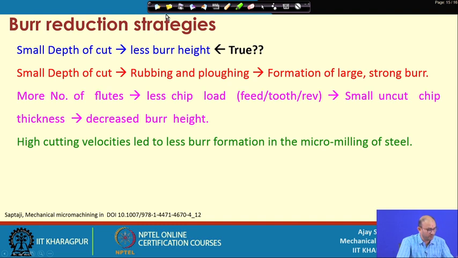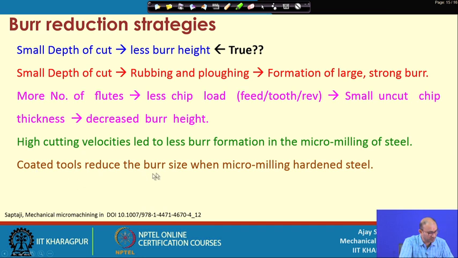Now, what is the advantage if you increase the cutting velocity? If your cutting tool diameter is the same, then basically you are increasing the RPM, because in machining operations RPM is a very fuzzy term, since you also have to see the diameter of the cutting tool you are using. That means the cutting velocity, in millimeter per minute or millimeter per second, is very important in place of revolutions per minute. So, in this particular case, it is observed in the machining of steel that if you increase the cutting velocity, you will encounter less burr formation.